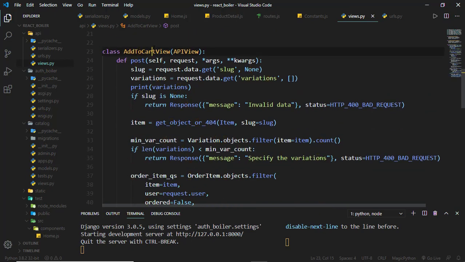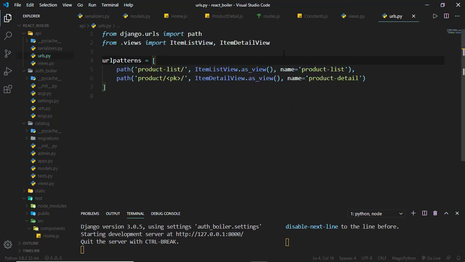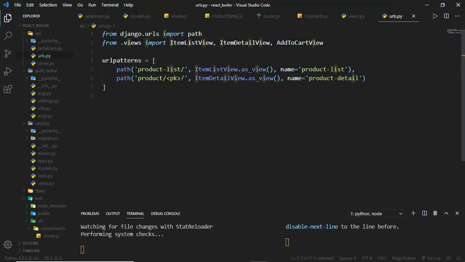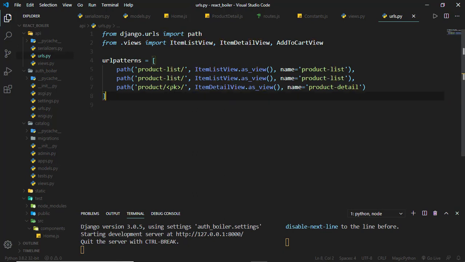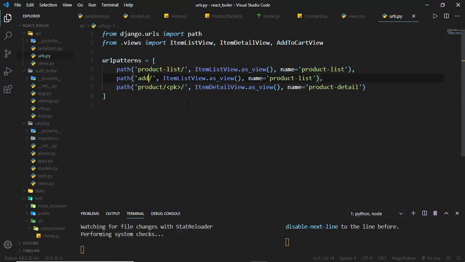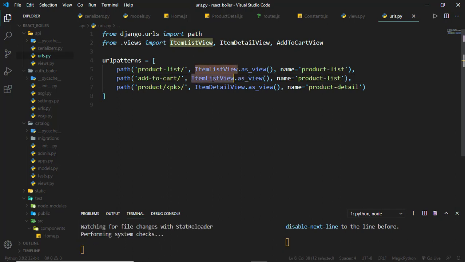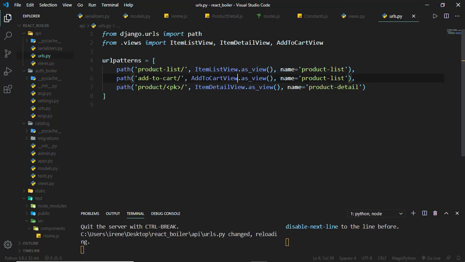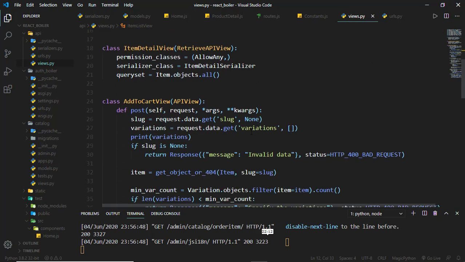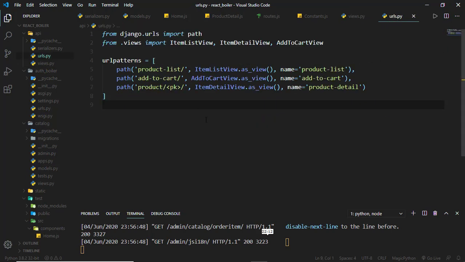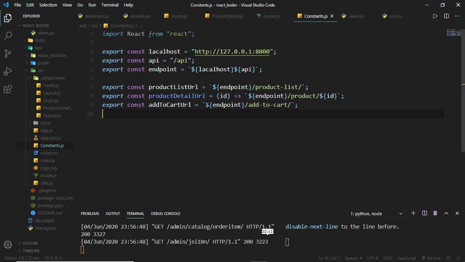So this add to cart view, we can bring it into our URLs and paste it there. So we'll have another path that goes to add-to-cart and uses the AddToCartView.as_view, and we can use the exact same name. So add-to-cart, paste it there. So everything looks fine now. That is the add to cart. The URL is good. If we go and confirm in our constants, it goes to the add to cart URL,